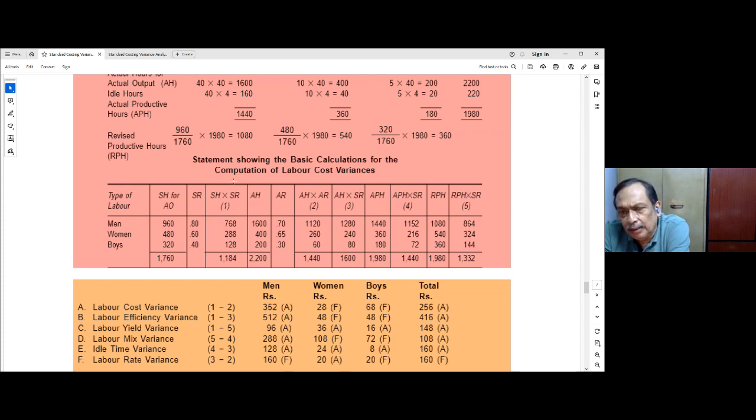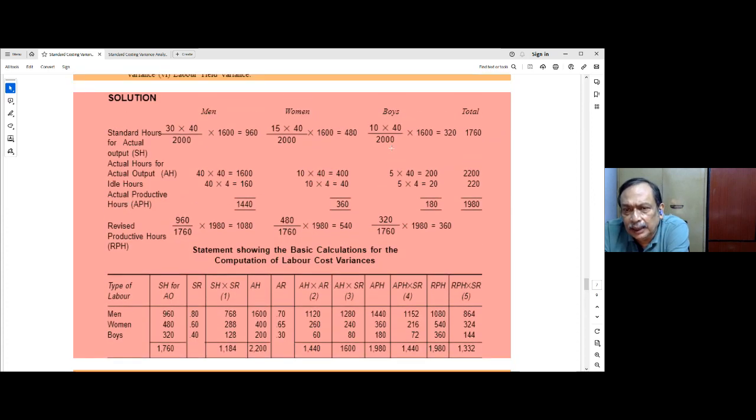Then actual productive hours: 1440, 360, 180. Total is 1980. Then actual productive hours into standard rate, let it be 4. That is 1152, 216, and 72. Total is 1440. Now revised productive hours we have already calculated,